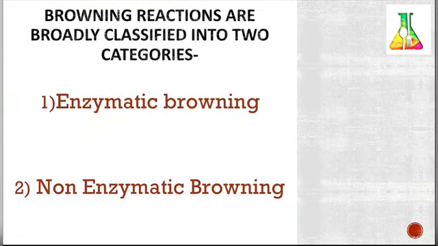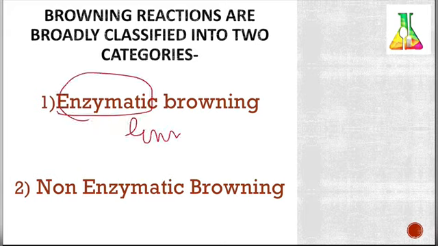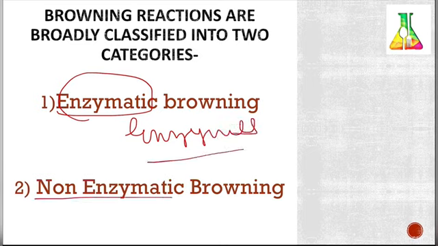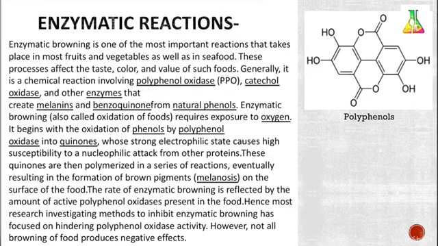The first part is enzymatic browning. Many of the enzymatic reactions are seen in fruits. As the name suggests, enzymes are present here. And non-enzymatic browning, as the name suggests, has no enzymes involved. In enzymatic browning, there is an oxidation of polyphenolic compounds by oxidative enzymes in plant cells. In non-enzymatic browning, sugars and sugar-related compounds are involved. Let us move further and look at enzymatic reactions in detail.